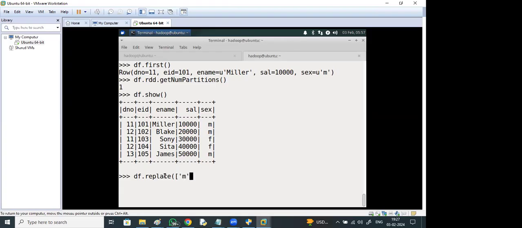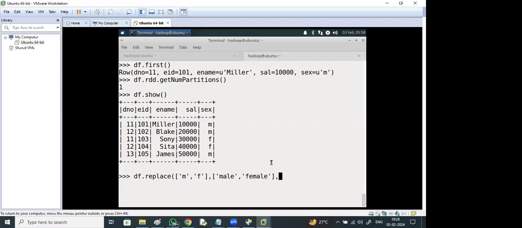M I want to replace. Similarly, F also I want to replace. M and F both I want to replace with male and female.